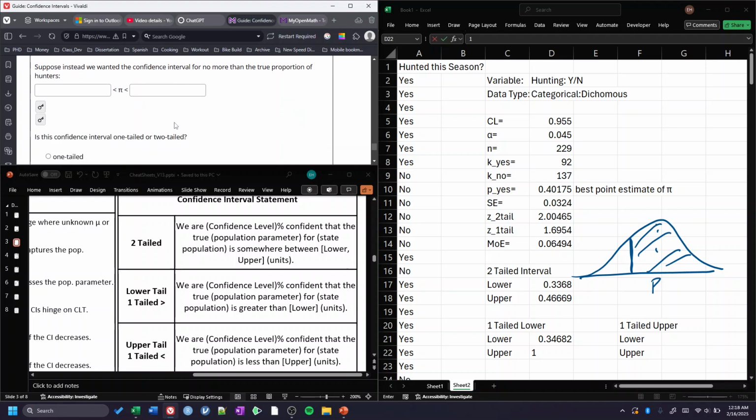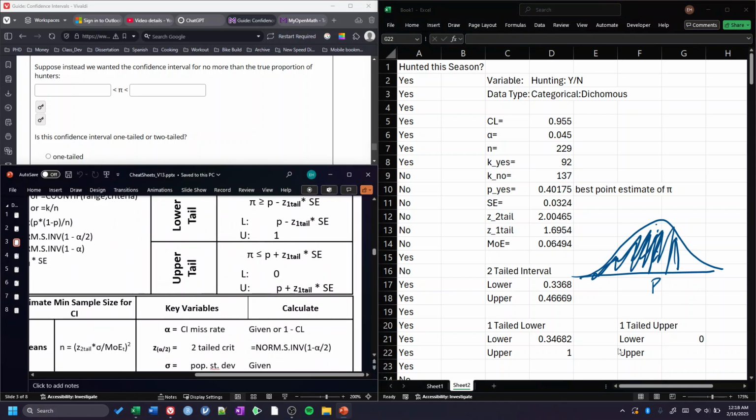All right, this last one, it says, suppose instead we wanted the confidence interval for no more than. Well, no more than means that we are going to give this bound an upper side and say that we think it's no more than, or less than, a particular value. Excellent. This one, we want a one-tailed upper where the lower bound is now 0. And we're going to give an upper bound